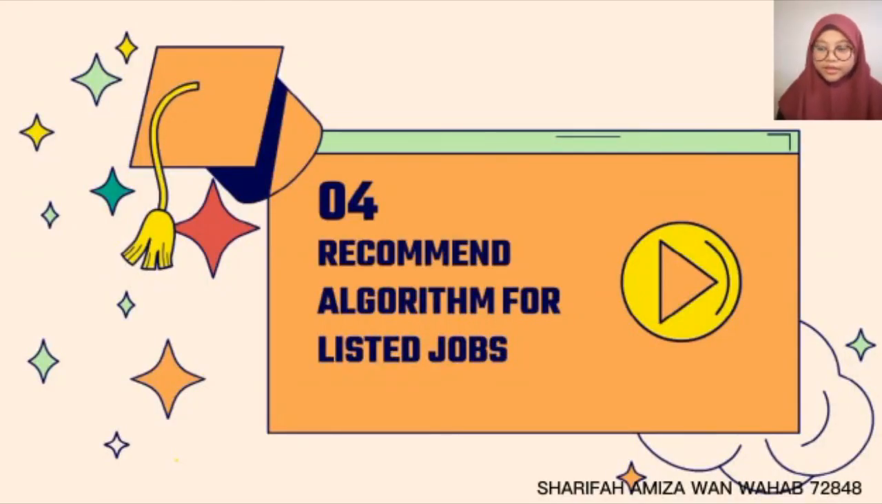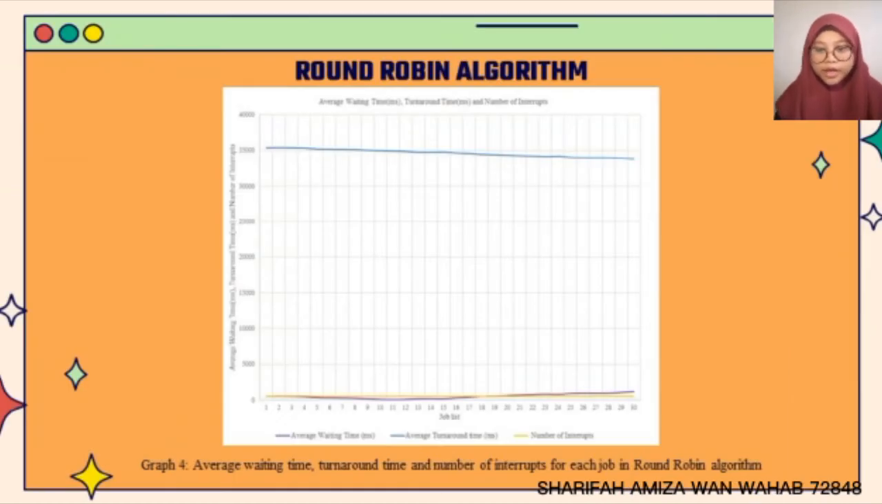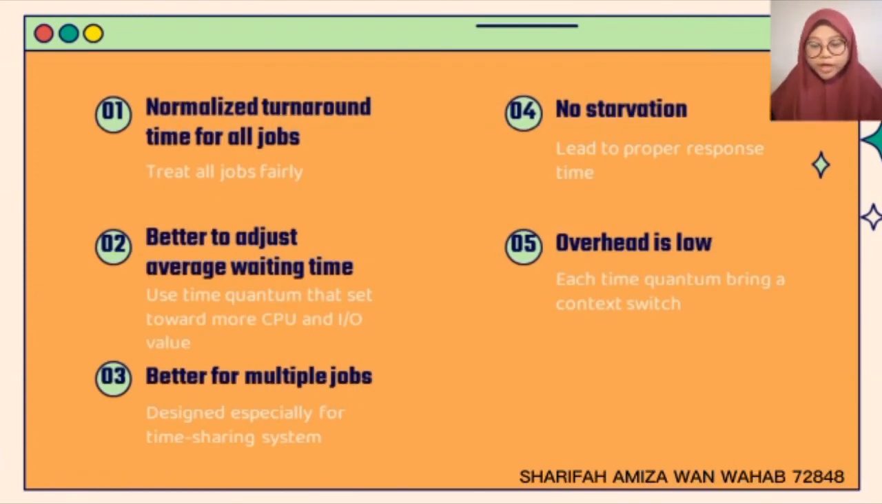I will present the recommended algorithm for listed job for Unimas web. The suitable algorithm for supplies job listed is, we recommend round robin algorithm. The graph shows all data for round robin algorithm. We choose round robin algorithm because it normalizes the turnaround time for all jobs since the algorithm treats all jobs fairly. This algorithm is also better at adjusting the